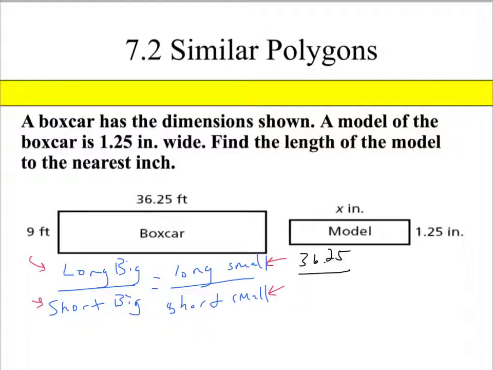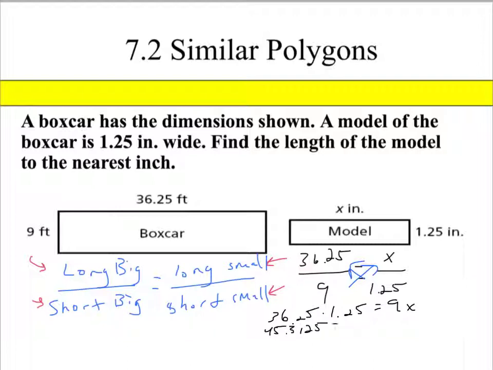So this is going to be 36.25 over 9, and that's going to be equal to x over 1.25. So from here, we're going to cross multiply. Going across, you get 36.25 times 1.25 is equal to 9x. When you look at 36.25 times 1.25, you're going to get 45.3125 equals 9x. You're going to divide by 9 on each side,